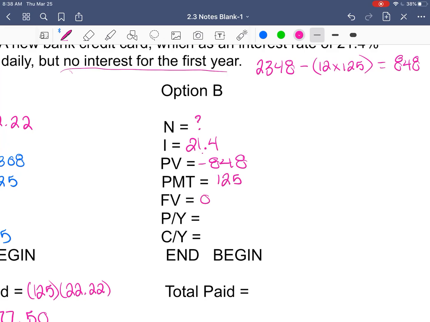So then he's going to make payments of $125. He's going to pay it off, payments monthly, and his interest rate is compounded daily. So 21.4, negative 848, 125, 0, 12, and 365. If we solve for our n, we get